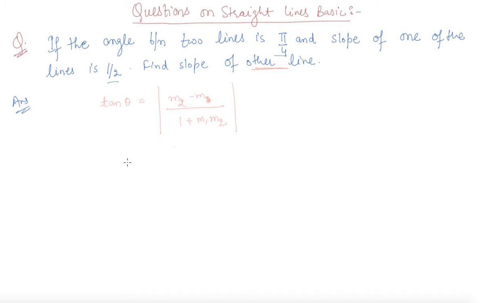because of the modulus here. And as we are given m1 is equal to half, m2 we need to find out, and theta is pi by 4. Okay, so it is tan pi by 4 equals (m2 minus half) upon (1 plus m2 by 2). So student, tan pi by 4 is 1. Now it is, let's say, m2 minus half